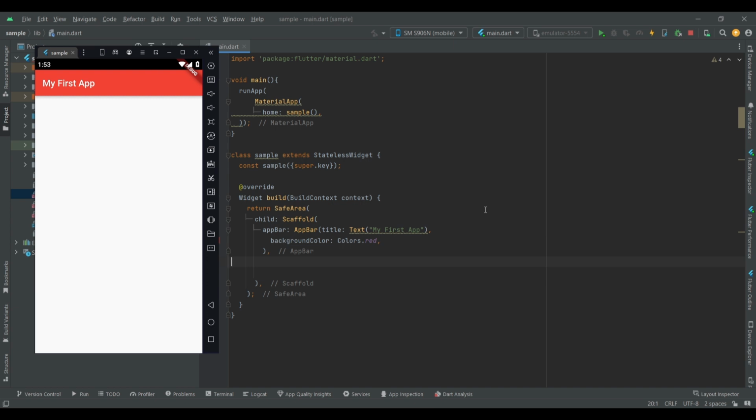So this is the basic layout of Flutter. I have explained the structure in my last video. So let me directly go into the column widget. For this we have to pass the argument in body